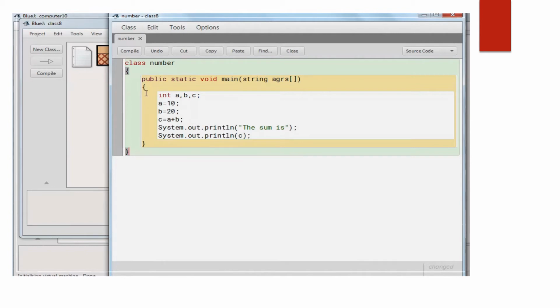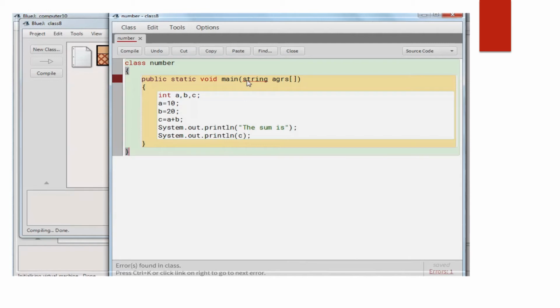Just have a look, these different colors show this is the main function. This yellow color shows this is the main block, and this sky green color tells this is the class block. After writing your program we have to compile it. Click on the Compile button.